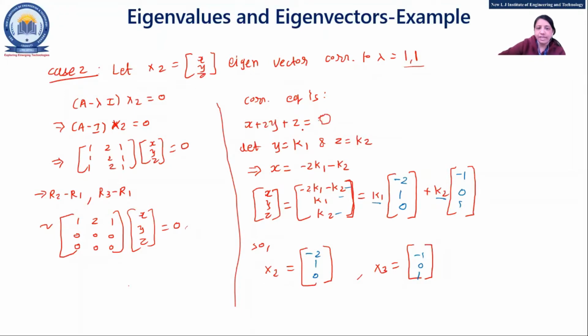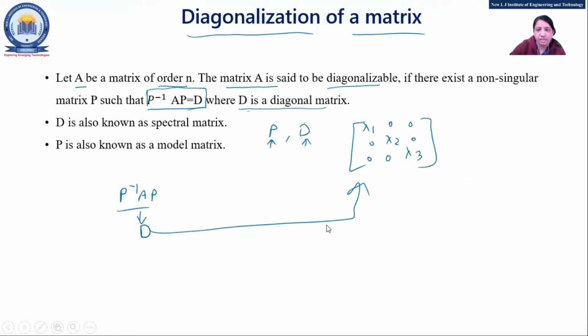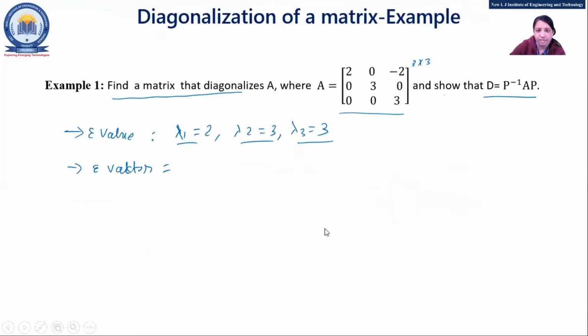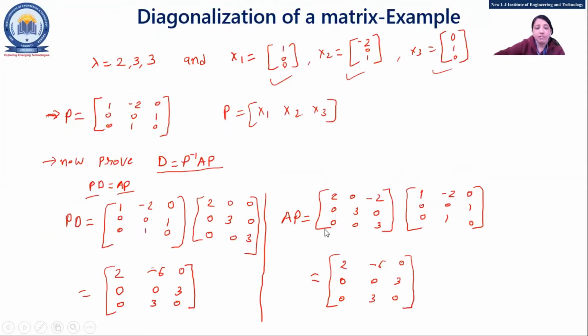In that way you will get one equation or two equations, whatever. In that, assume the values of two variables and according to that find the third one. After that you have to put that value in K1 plus K2 and whatever the column vector is, you need to consider as two different ones. So in that you will get two different vectors x2, x3, fine, in that method. Okay, now what we are going to do?